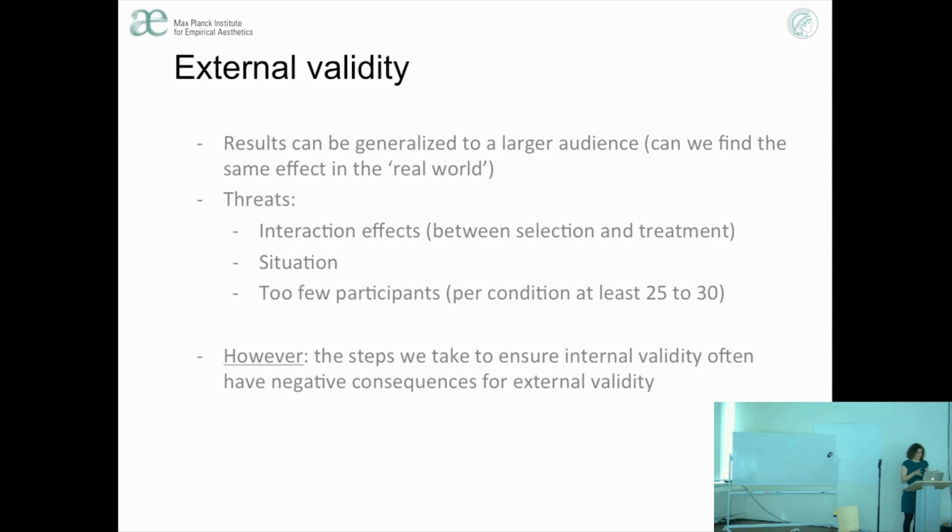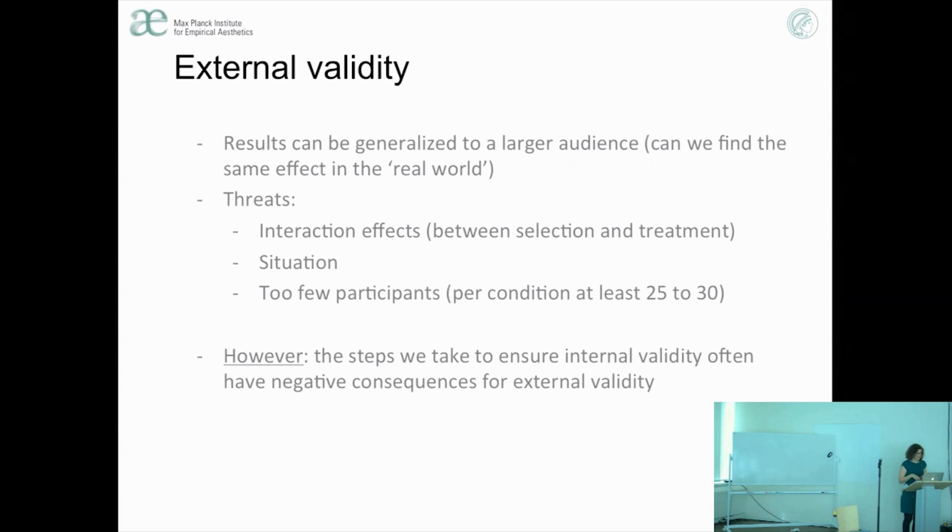But for experimental research, the general rule of thumb, again, this also depends on your design and the type of analysis that you need to run, is that you need about 30 participants per condition to be safe to say that you can generalize your results to a larger audience. But be warned,